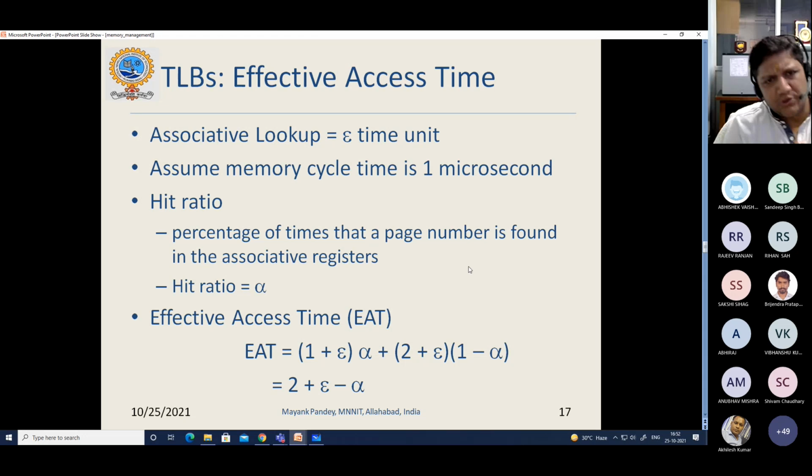Suppose the associative lookup takes some sigma time units. Assume the memory cycle time is 1 microsecond. What is the hit ratio? The percentage of time that a page number is found in the associative register. Suppose the hit ratio is alpha, you can find out the effective access time. Effective access time would be what? Hit ratio times (1 plus sigma), plus (2 plus sigma) times (1 minus alpha). If a hit is there, then you have to access